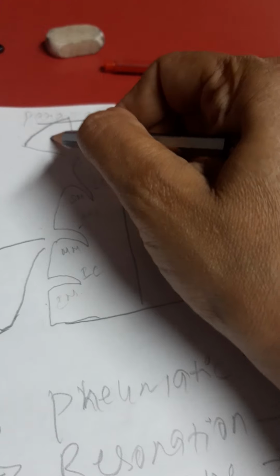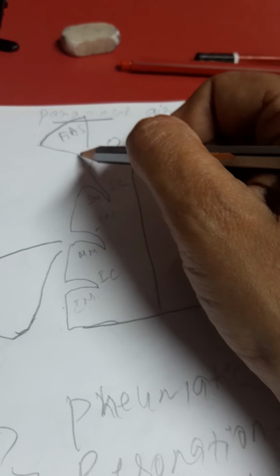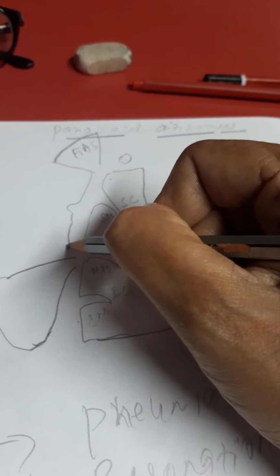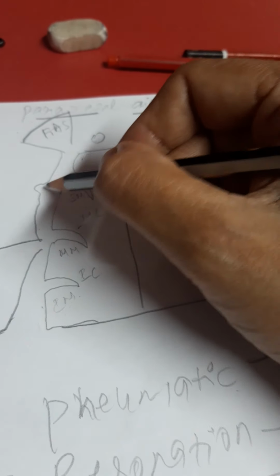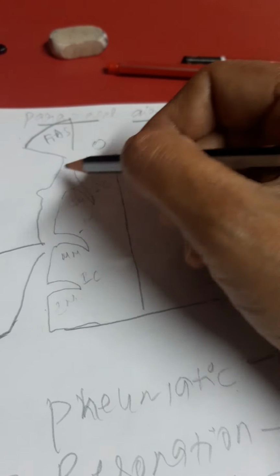So the frontal air sinus, then the ethmoidal air sinus here. This will be the opening of the middle ethmoidal sinus, and here there will be the opening of the posterior ethmoidal sinus, and then to this same duct you will also get the opening of the anterior ethmoidal sinus that I will describe later. So this is the location of the frontal air sinus. This is the location of the posterior ethmoidal air sinus, this is the middle ethmoidal air sinus, the anterior ethmoidal sinus, and this is the maxillary air sinus.